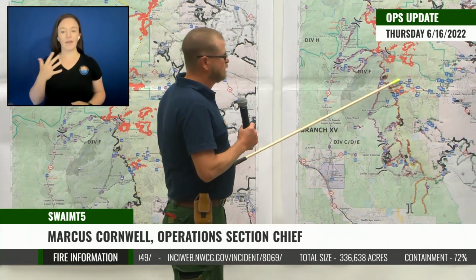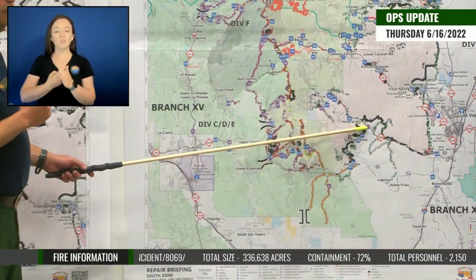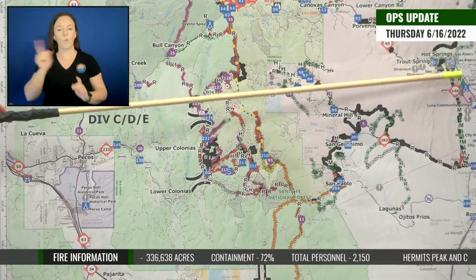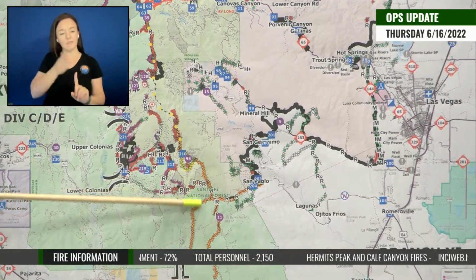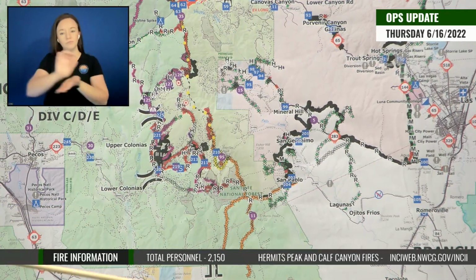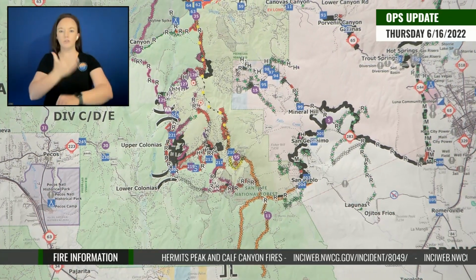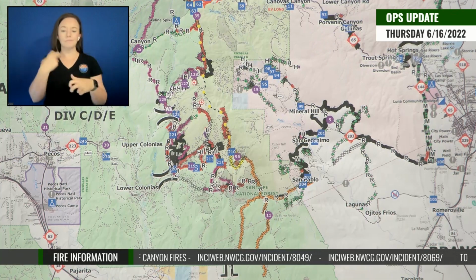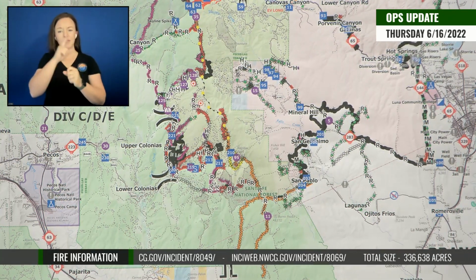We'll start here on this suppression repair map. It's color-coded to indicate our completed line. We've gotten most of all this work done in Las Vegas all the way over to these two long fingers of dozer line that come down by Burro Peak, making really good progress with our suppression repair folks. It's tedious, hard work, a lot of attention to detail to make sure we take care of the land, post-suppression